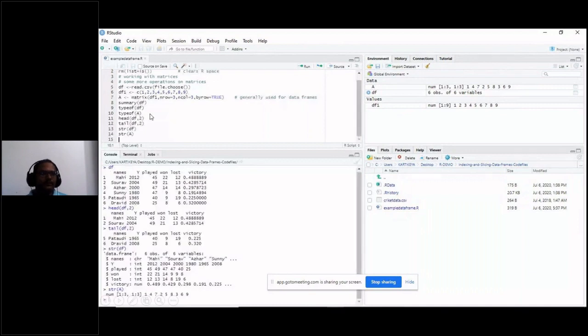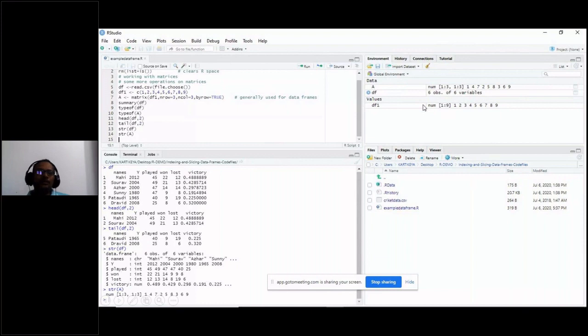Now suppose you have taken a big data set. Say for example, you want to process COVID-19 data. You imported this COVID-19 data into R by using import data set. But you don't know how many columns are present, how many rows are present. So when you import that data by using import data set, it immediately displays what are the variables of that particular data set in your workspace. Here it will display 6 objects, 6 variables like this.